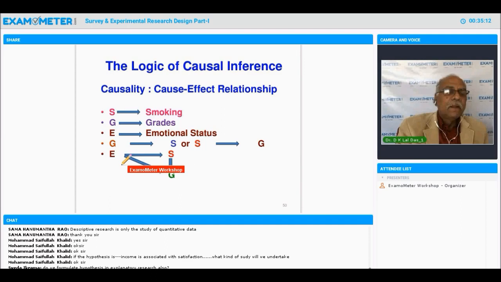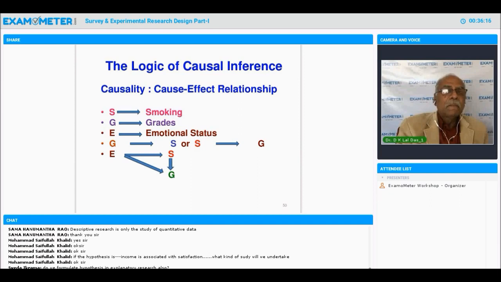The third research study found it is the emotional status which leads, or may lead, to smoking, or it may affect the academic performance. Emotional status means how you are mentally prepared, whether you are balanced. If you are balanced, your performance is going to be definitely good. If you are not emotionally balanced, if you are emotionally disturbed, you are more likely to join the smokers club. And the relationship between smoking and grade is there, but basically it is the third factor which affects both of the initial factors. Now from these research studies, a new chapter was included in the research,